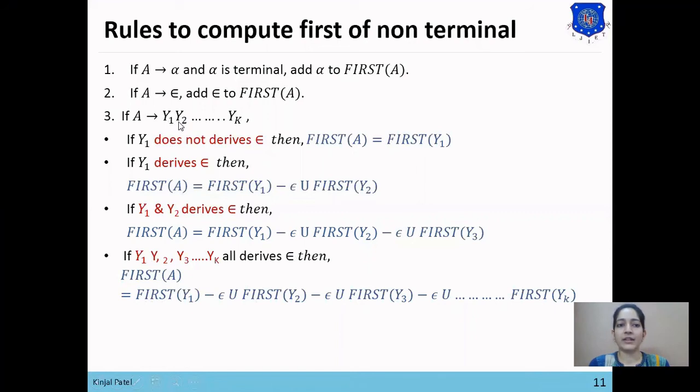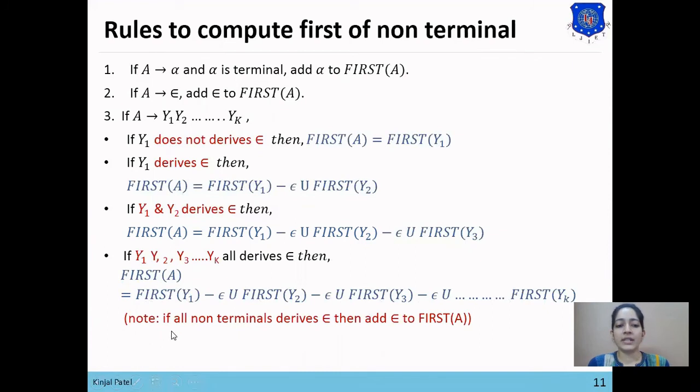So y1 and y2 both will be vanished. So y3 will become our first of A. So we will also add first of y3 but minus null, and we'll substitute that null with y3. So y1, y2, y3 all will be vanished and yk will be first of A. So we'll also add first of yk into first of A.